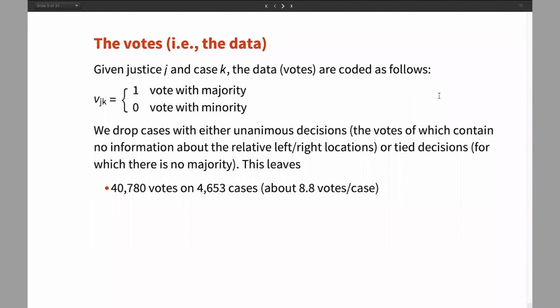So this is almost no information at all. This doesn't say that the case is conservative or liberal or anything like that. It just says you voted with the majority or the minority. So there's a handful of evenly split cases. We don't look at them. And we also don't look at unanimous cases because they're not really going to tell us very much about what we want to know. And so there are about 40,000 votes on about 4,500 cases over the 75 years or